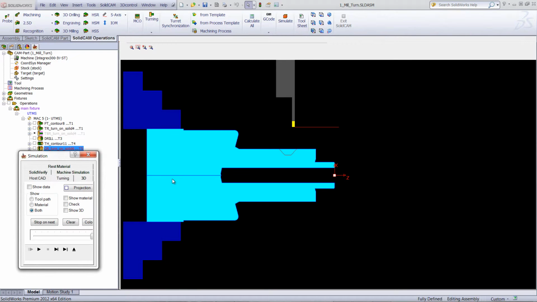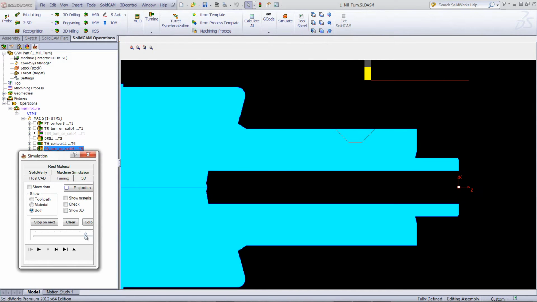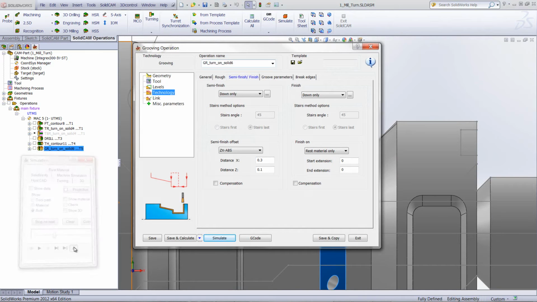I'll start my simulation, and we'll zoom into this area over here, and I'll slow this down. You'll see that it works step by step on going from side to side, and it worked on the finish area as well. Now, let's continue on to our next groove, and all I'll do now is save and copy,